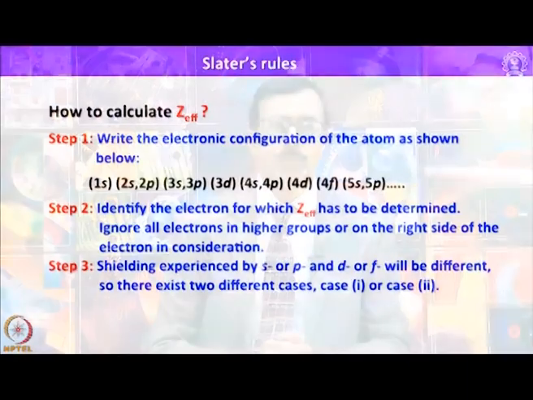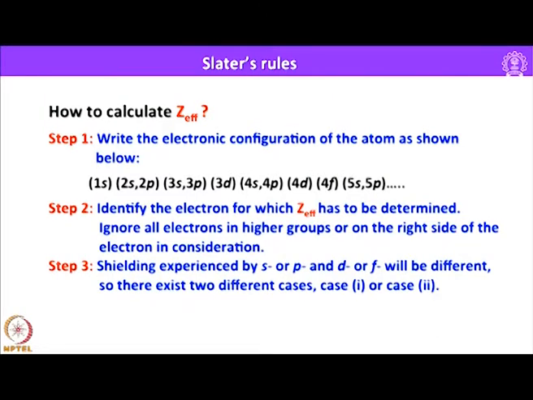So, how to calculate the effective nuclear charge? We have to follow simple 3 steps. First, one has to write down the electronic configuration of the atom as shown there. You can see here 1s, 2s, 2p, 3s, 3p, 3d, 4s, 4p, 4d, something like this. And also I have added some parentheses at regular intervals. It has some significance. Step 2 is to identify the electron for which Z effective has to be determined, and ignore